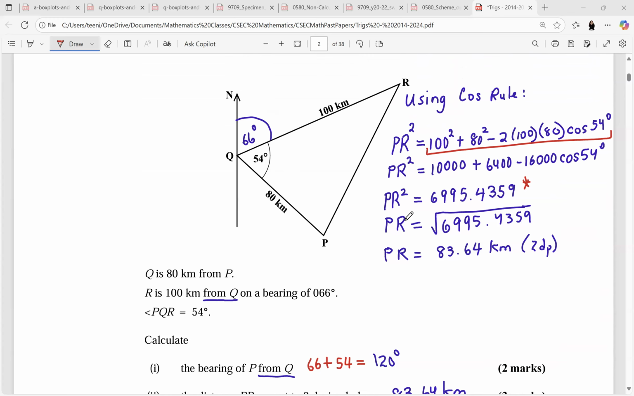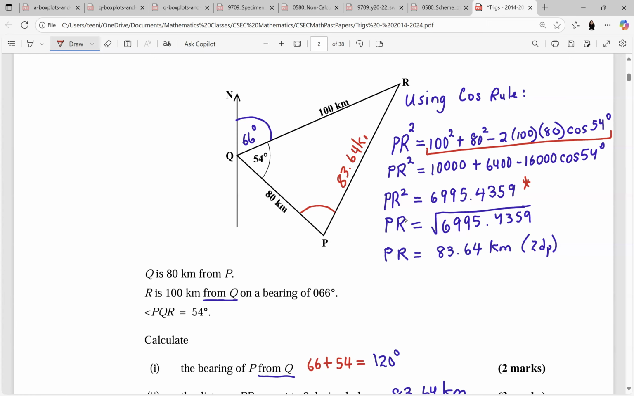QPR. Okay, this angle over here, we need to find this angle. All right. So we can use the sine rule. You can use the sine rule or you can use the cosine rule because now we know that this side PR, we know that this side is